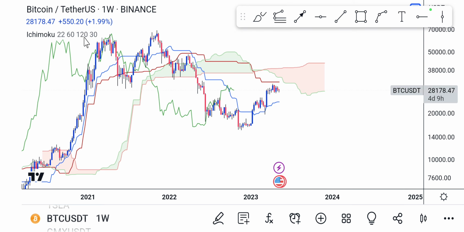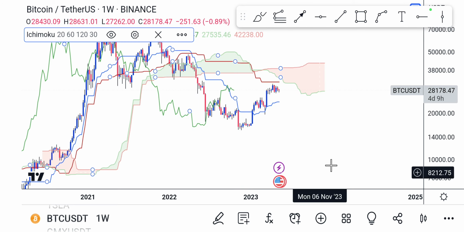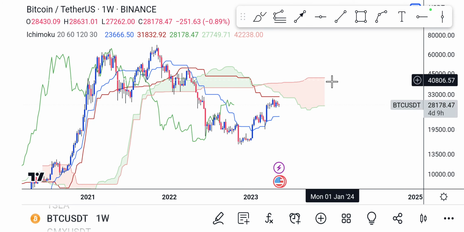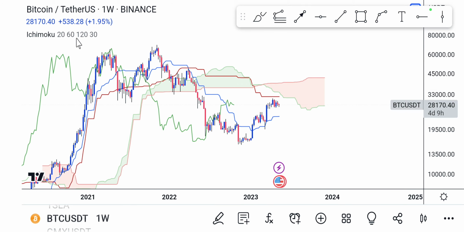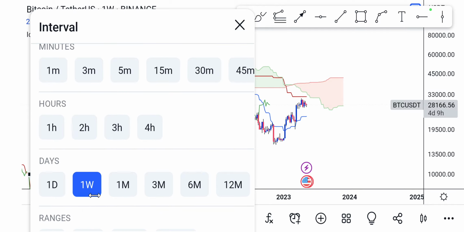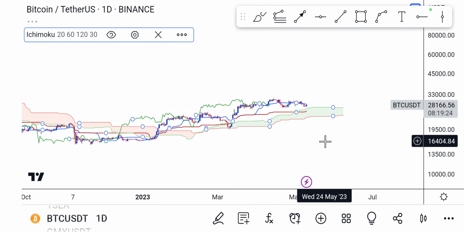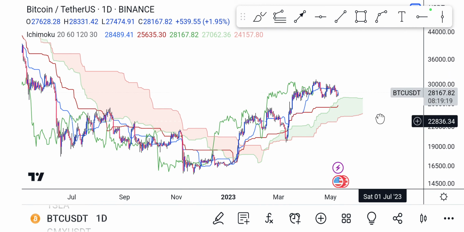So on the weekly time frame for double cloud settings, okay, sorry, this is supposed to be 20, not 22. Okay, so this still has a long way to go for double cloud settings. So let's take a look at the daily time frame for double cloud settings. So the daily time frame here for double cloud settings,